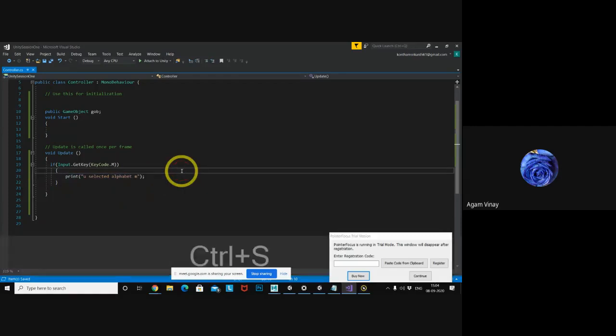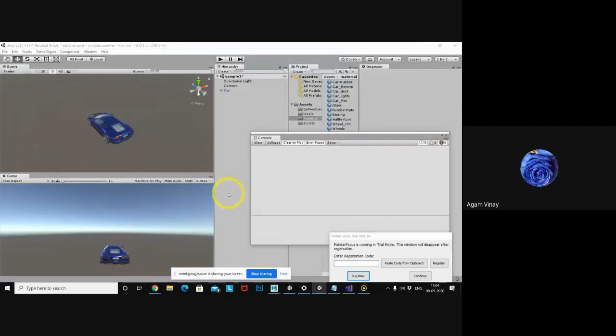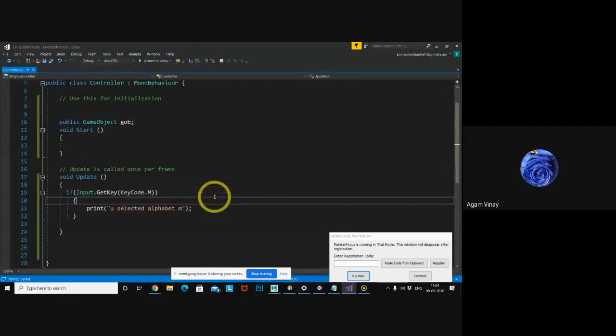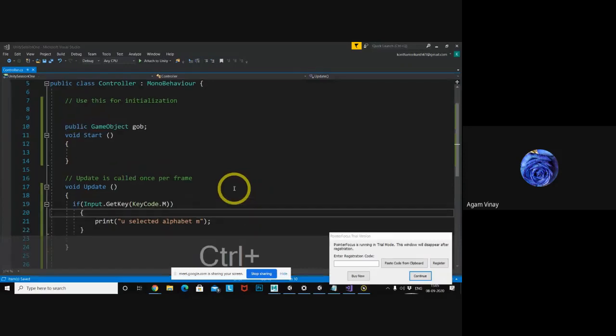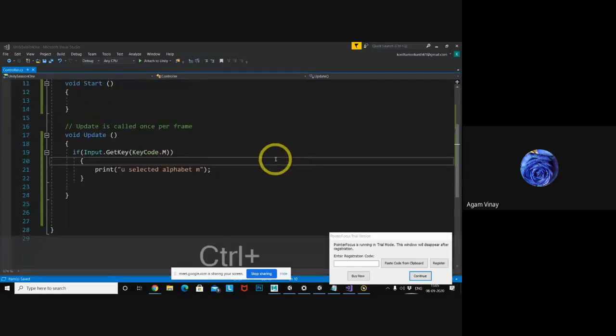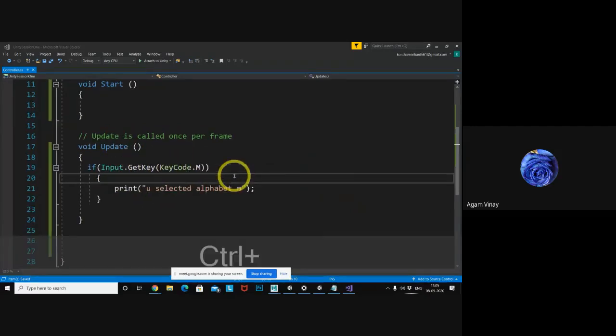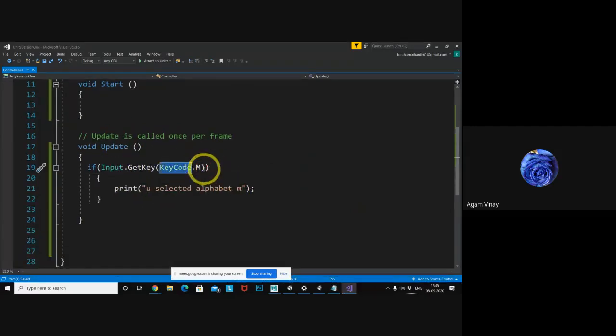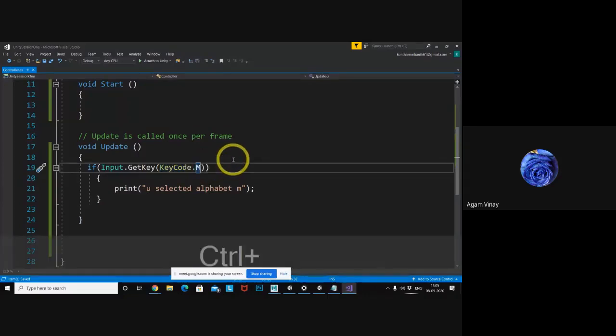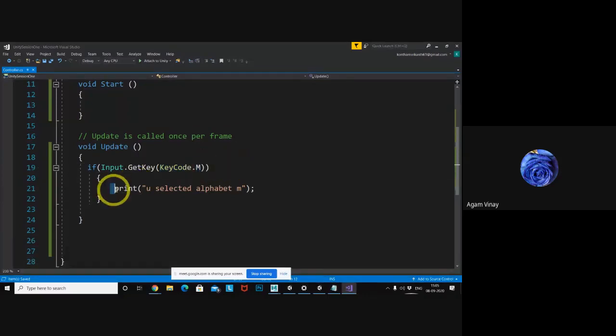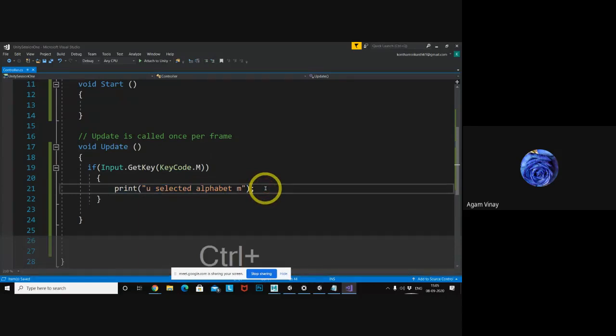Now I am saving and executing. Able to see, right? Input dot GetKey. I am getting the M letter. As I am pressing M, it will allow you to execute this.